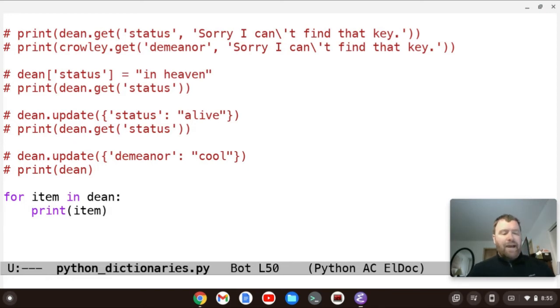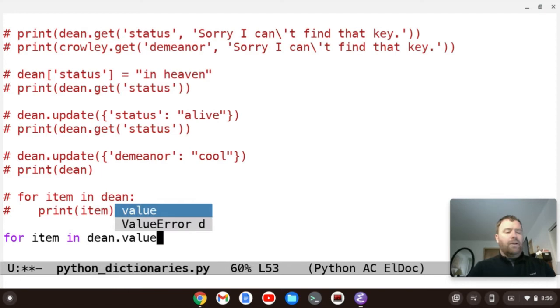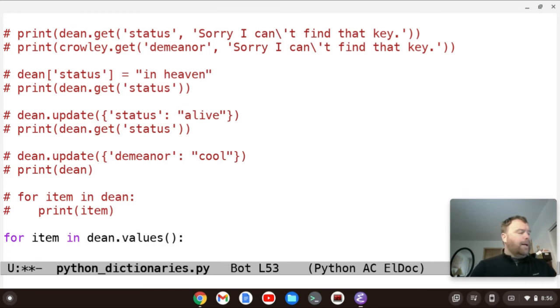Now, if we want to print out the values, let's comment this stuff out. We can use another for loop. We can say for item in dean.values, and we want to open and close parentheses because it's a method. And we're going to print the item.